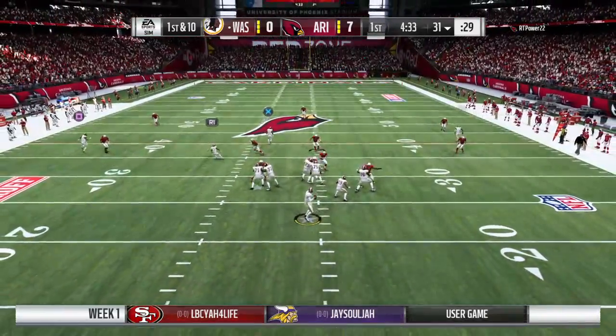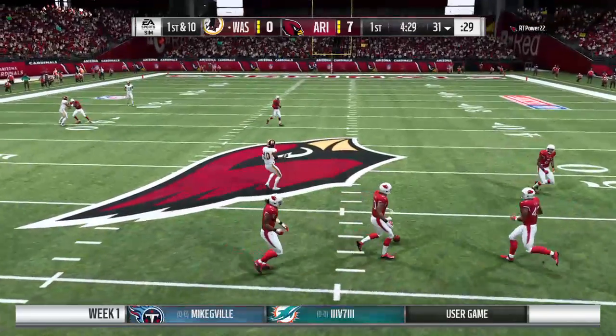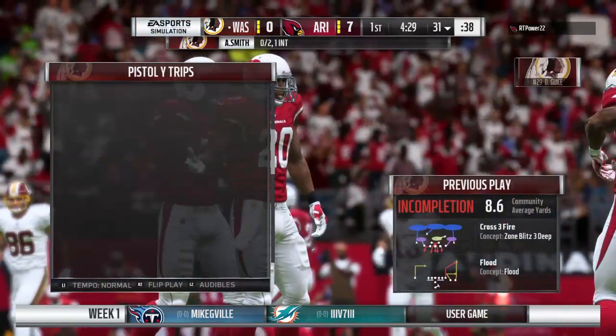What is that change? The change is that you have a quarterback who takes care of the football in a big way, but still can deliver it downfield. Alex Smith has such a